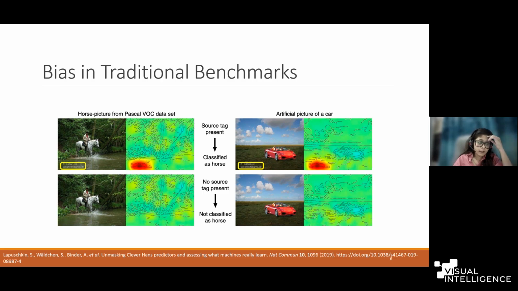I've talked about this a couple of times already previously. Okay, so in traditional benchmarks, we also had some biases. For example, this is a picture from the horse class from the Pascal VOC dataset, and there was a watermark in almost 20% of the images in the training set, and many different models basically tried to find a trivial